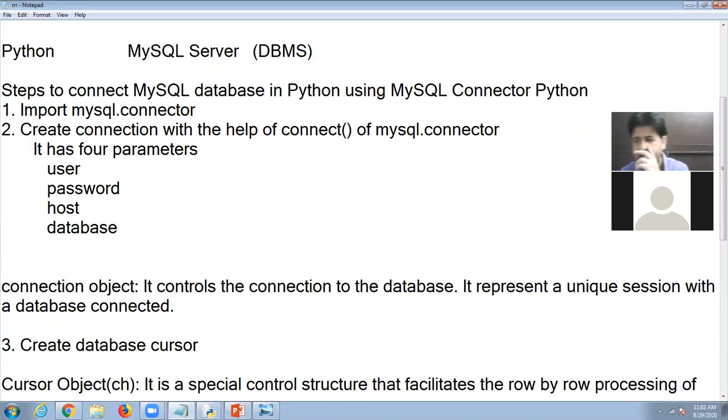And we know that in DBMS software, we create databases, we enter the databases, we create tables, we enter the data, we update the data. So there are so many activities we can do in any DBMS software. So look at here.